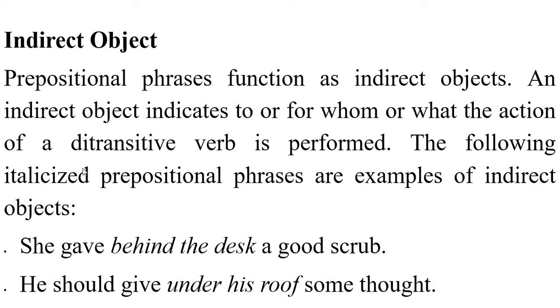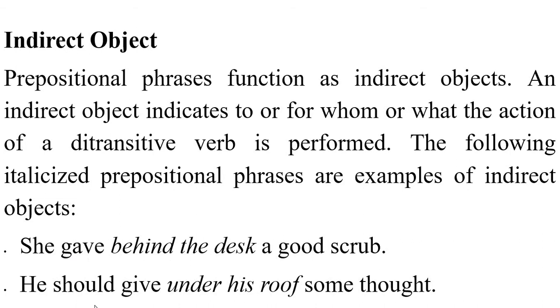A ditransitive verb is like in this one here. She gave behind the desk a good scrub. A ditransitive verb is a type of verb that requires two objects. Like here, she gave a good scrub. Good scrub means a good clean. To what? To this place, behind the desk. So behind the desk is my prepositional phrase. This is the type. But if I want to know its function, it is functioning here as